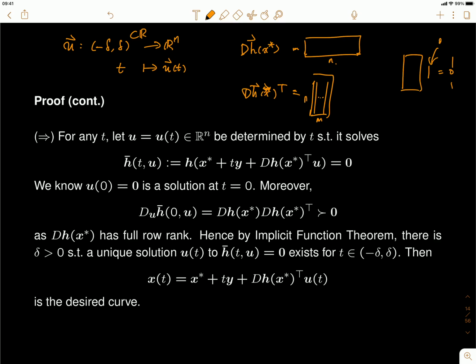All right. Another thing that we need to know is, can we really specify this function u as a function of t in the neighborhood of t equals 0? Okay, and to reach that, we need to use the implicit function theorem from calculus. So since we have this function h bar of t and u, then we will take a derivative with respect to u, and we see that if the result is a